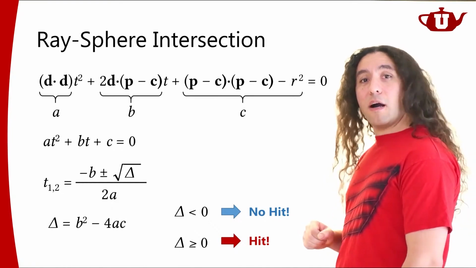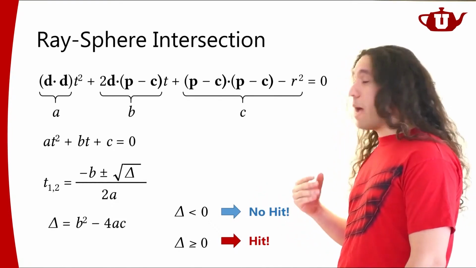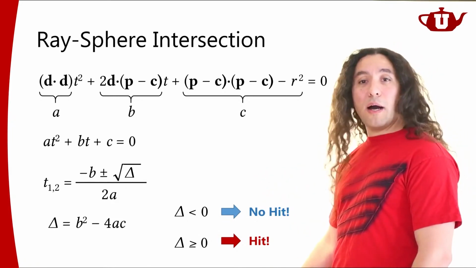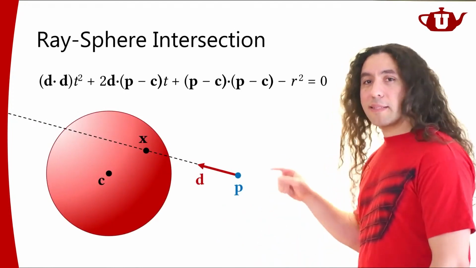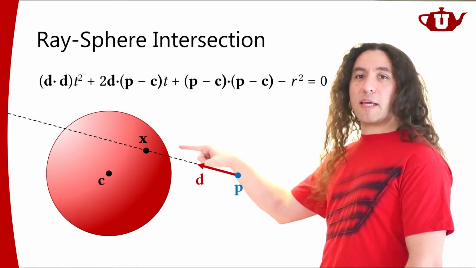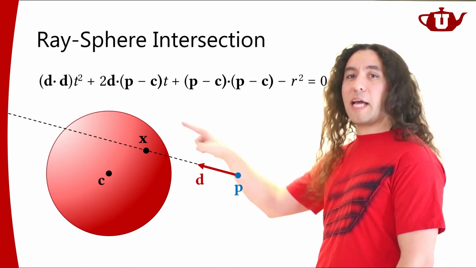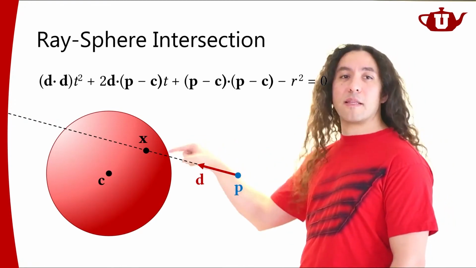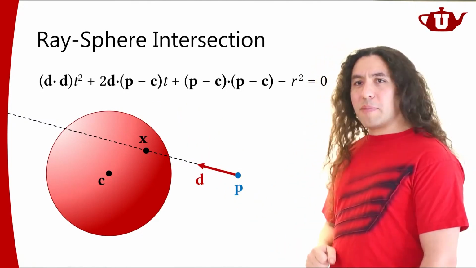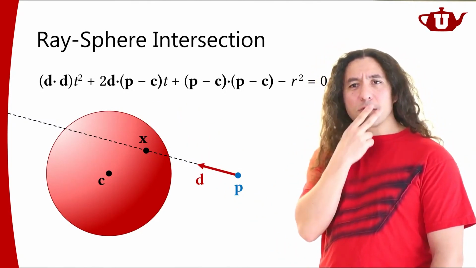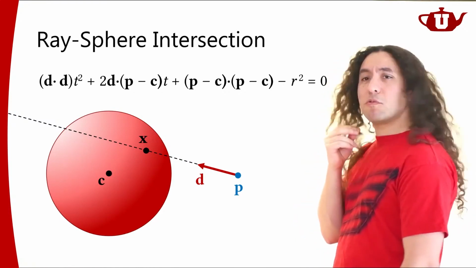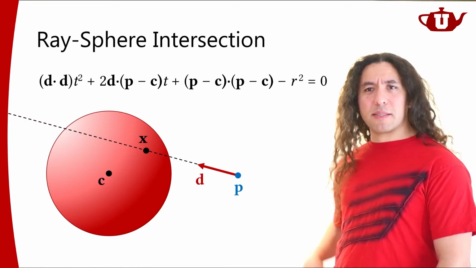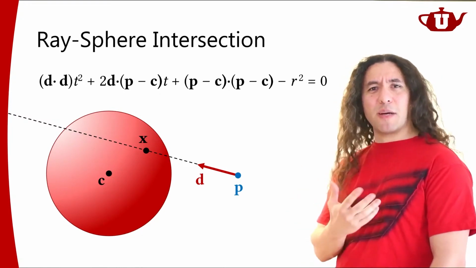And depending on the value of delta, I may have 1 or 2 intersections, right? So depending on the delta, I can say that my ray intersects with either one point that's going to be tangent to the sphere, or the ray goes through the sphere. That means there's going to be 2 roots. But there are 2 solutions, right? Now I need to figure out which is the one that I want. This is plus or minus. Which one do I pick?